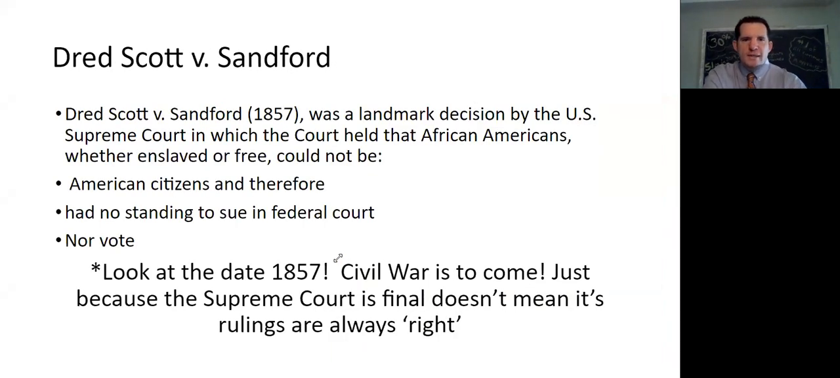So look at the date here. This is 1857. And this is going to be considered a landmark decision because it's going to have drastic impacts. And this is right here before the Civil War. Maybe if the Supreme Court had decided this differently, we might not have had the Civil War, maybe. But here's what happened. The court essentially, this guy